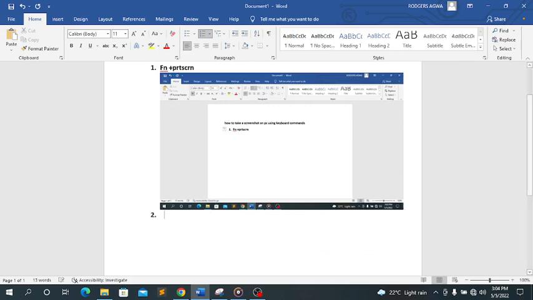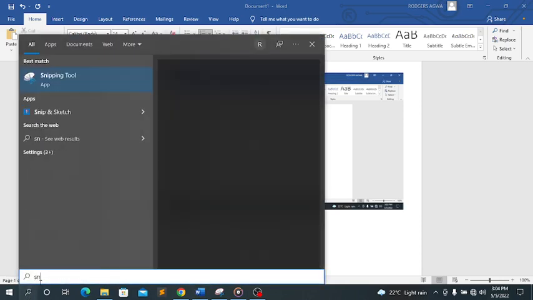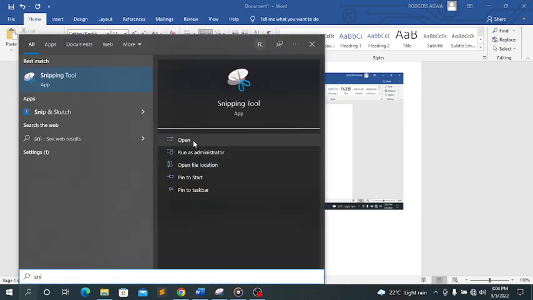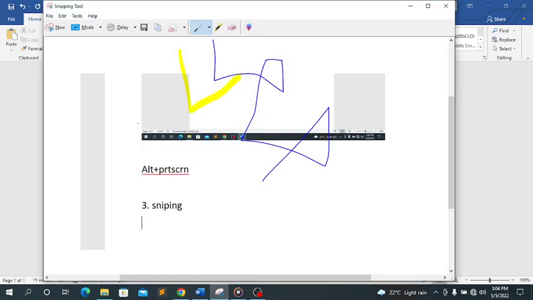The second step is by using the snipping tool. To access the snipping tool, you need to come to your search box here and type in snipping tool, then open. After opening the snipping tool, you come to this new